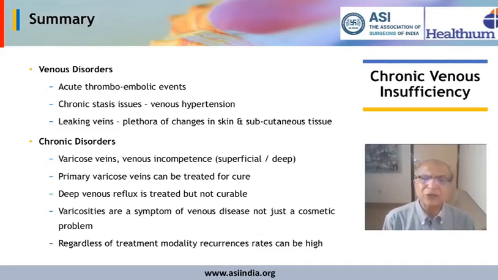Then there are chronic stasis issues leading to venous hypertension, and what we have discussed are the leaking veins, which lead to a plethora of changes in the skin and subcutaneous tissue, the condition known as varicose vein or superficial leaking veins or superficial venous hypertension. So the chronic disorders that we've dealt with are varicose veins and venous incompetence, which can occur rarely